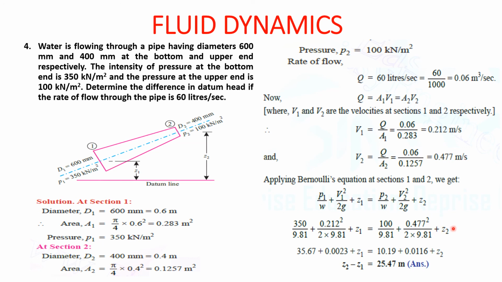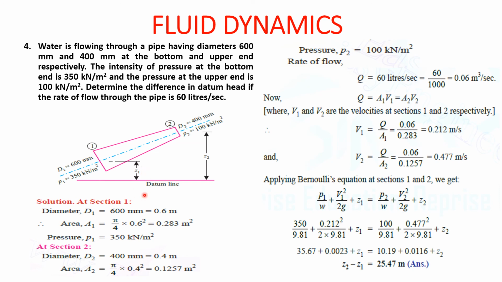Okay. So rearranging the above equations, first we get 35.67 plus 0.00323 plus Z1 is equal to 10.19 plus 0.0116 plus Z2. So when we rearrange these above equations, we get Z2 minus Z1 as 25.47 meters. This is the value because we don't know what is the distance of Z1 from the datum